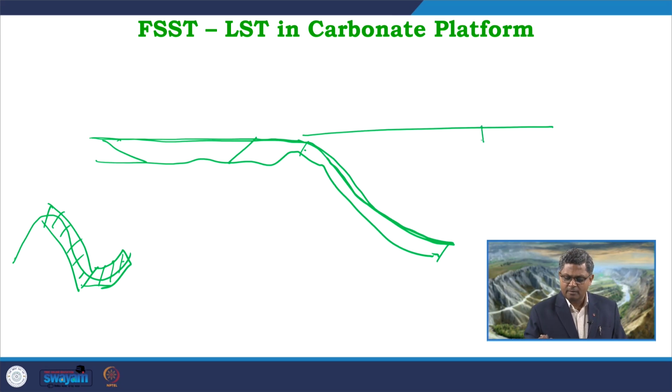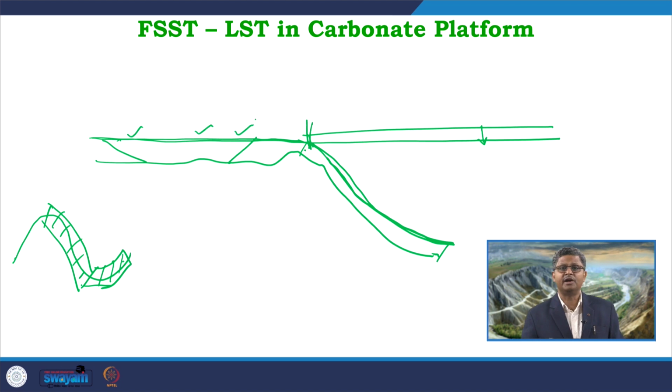Now, from this level, base level starts falling. So, it is coming down to this zone. So, now the water is confined over here in this part, and that confinement of the sea level is leading to the subaerial exposure of this entire zone. And when this area is subaerially exposed, the first thing that occurs is the shutdown of the carbonate factory. Since there is no water, there is no photic zone, no organisms, so definitely the carbonate production is stopped. So, there is the shutdown of the carbonate factory.